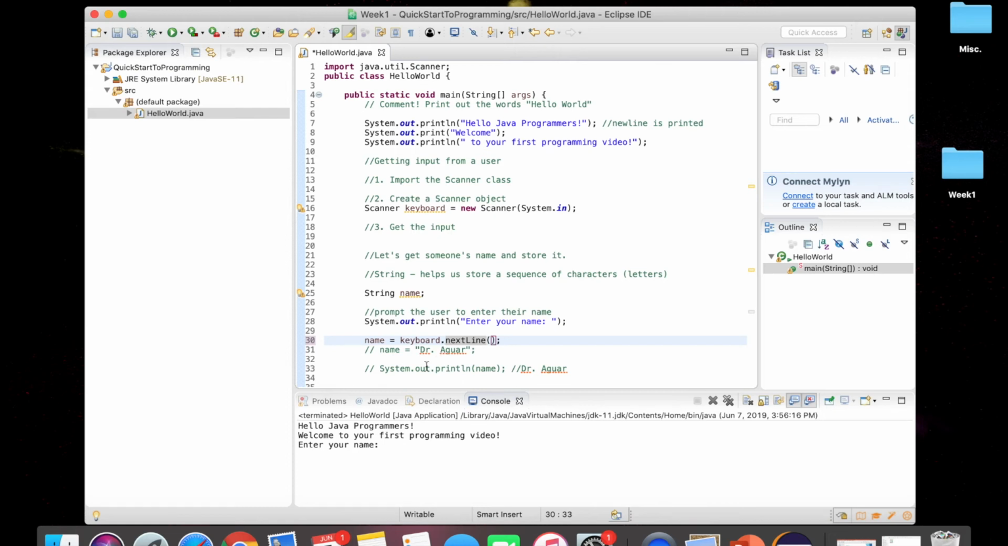And as you can probably imagine, that's going to get everything until the user pushes the enter key, so the full line. I'm going to work with next for now, but do note that next line is an option. And so I've said name equals keyboard.next. So what this is going to do is wait until the user enters something. Now, if I run this program at this point,